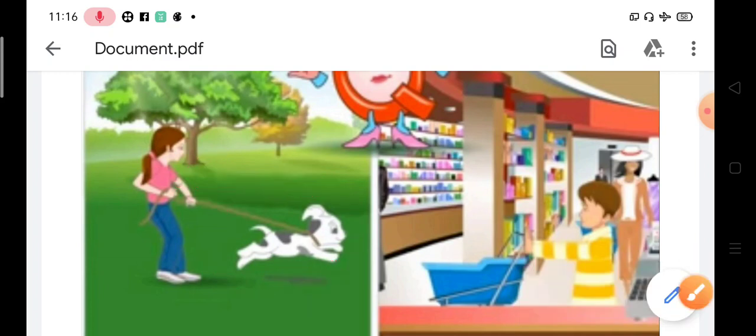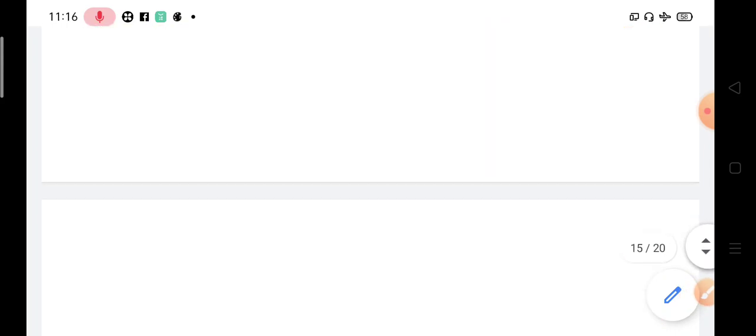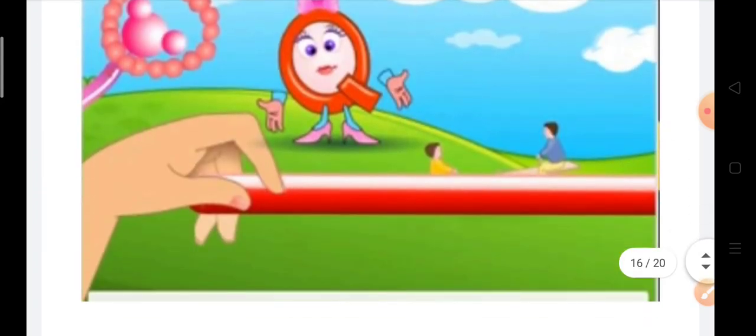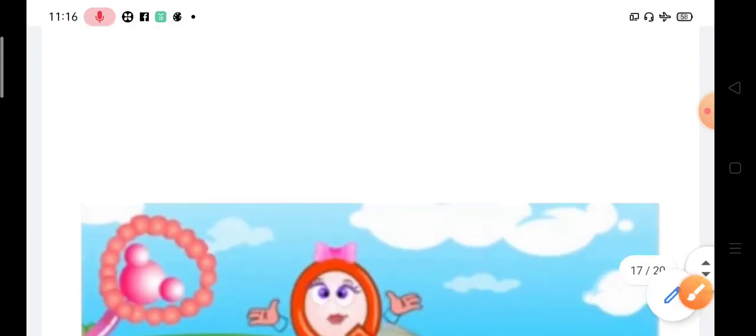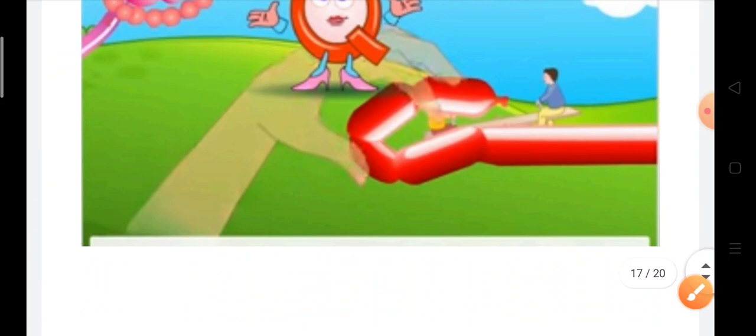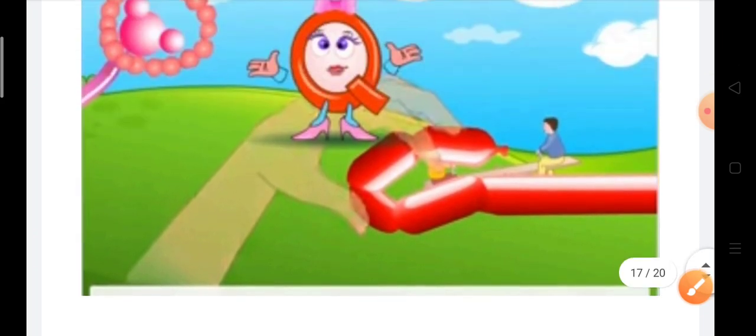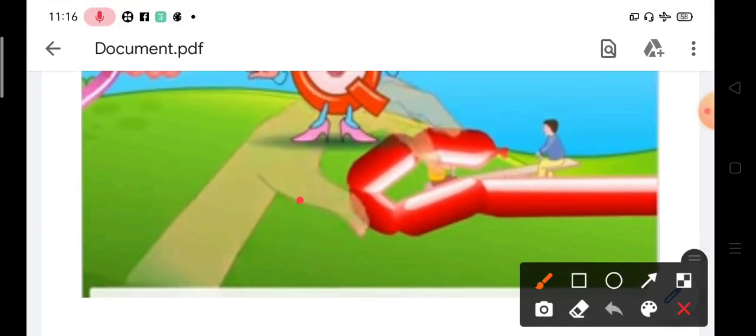Now next is the effect of force. Next effect of force is it can change the size or shape of the body. Just now we have seen change the size and shape of the body. So this is the balloon over here. This is the balloon filled with air, and the shape as well as the size of the balloon is changed by twisting it. Here the balloon is twisted so that its shape and size changes.